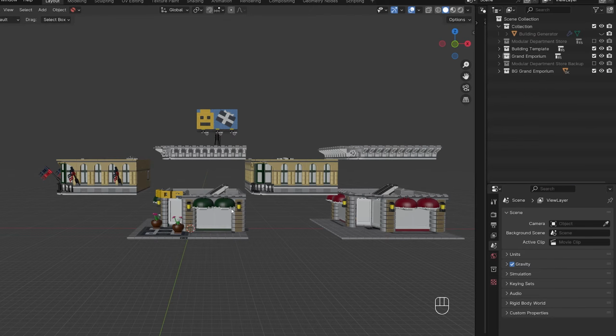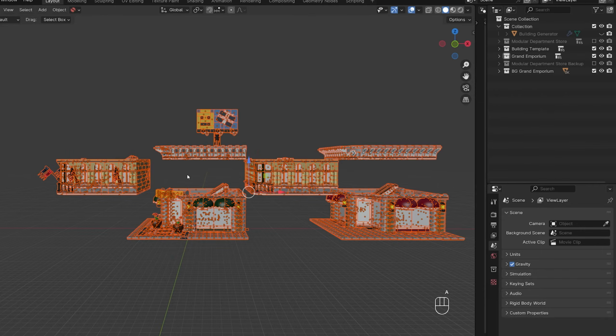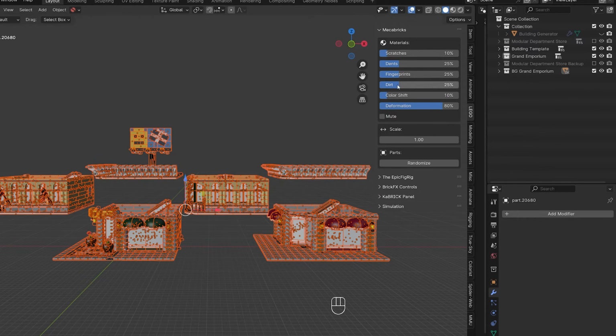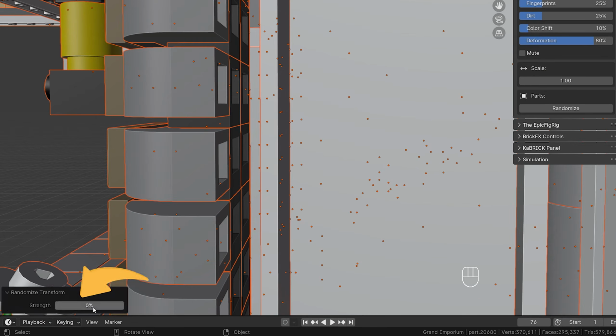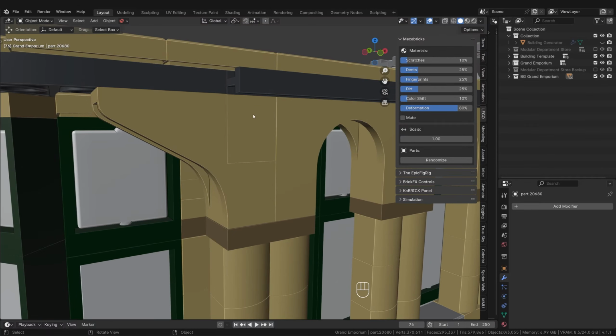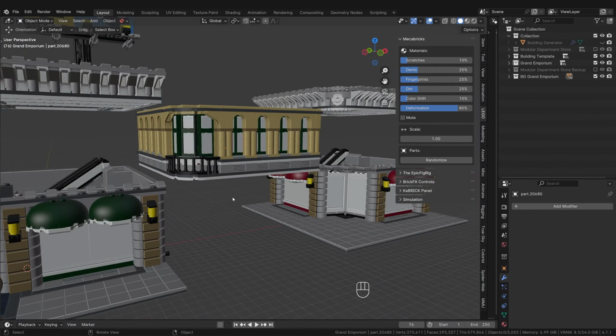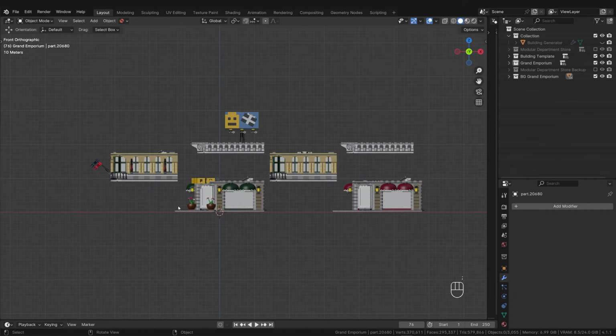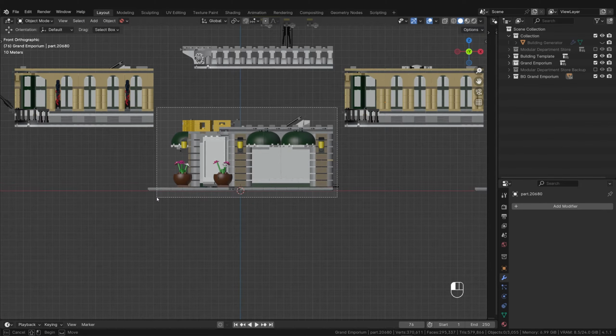Oh, and since we have already selected all the bricks, if you have Mechabricks Advanced, then now is a good time to set a small value for the randomness here. Something around 10%, I think 7 is quite good. This rotates the bricks a tiny bit and makes the Lego sets look a little bit more organic and not so perfectly assembled. Now we can easily select the first ground floor and move it to the correct collection with M.